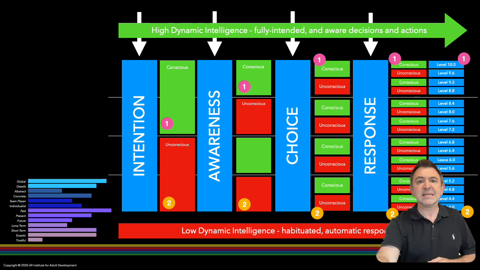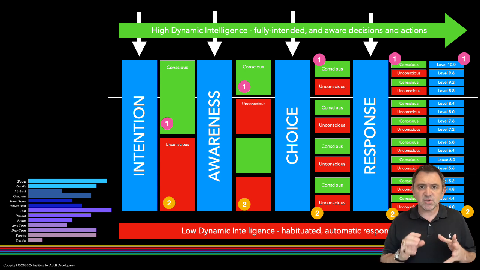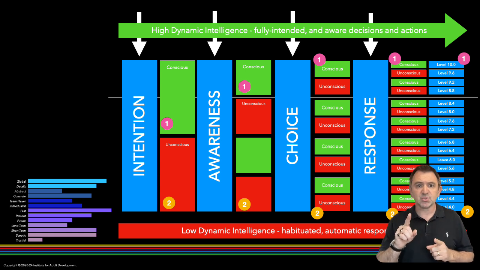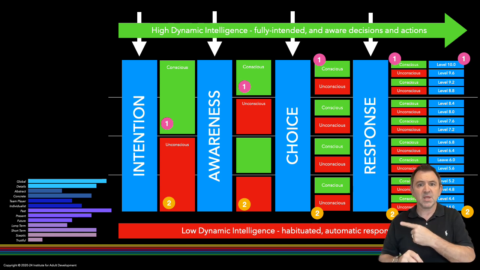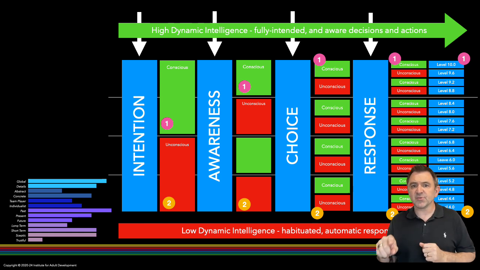And conversely, the less aware you are of your intention from the beginning, the less choice you have, and thus a lower AQ scale, right? So in simple terms, if you don't know you're using global or details, then your first point of development is the unconscious red block to the right of the intention. Even if you're aware of the next part of your thinking, your score can only ever rise up to, let's say, AQ 6.8 over there.